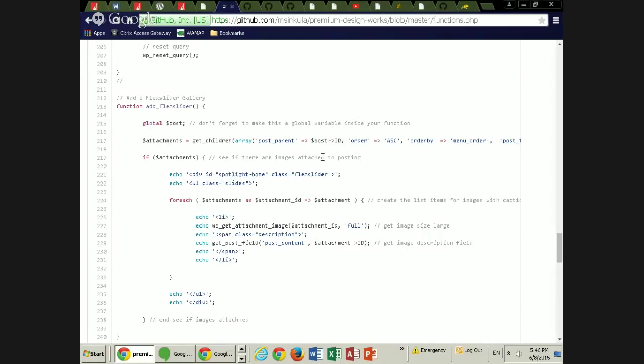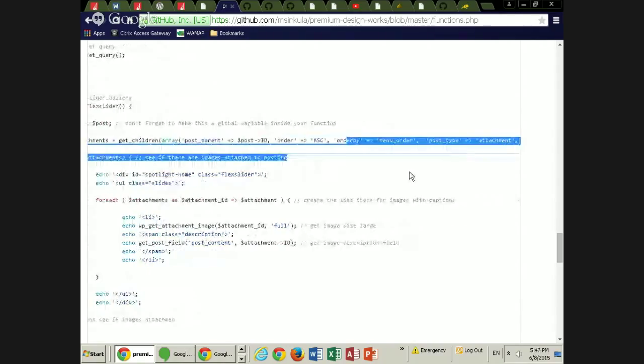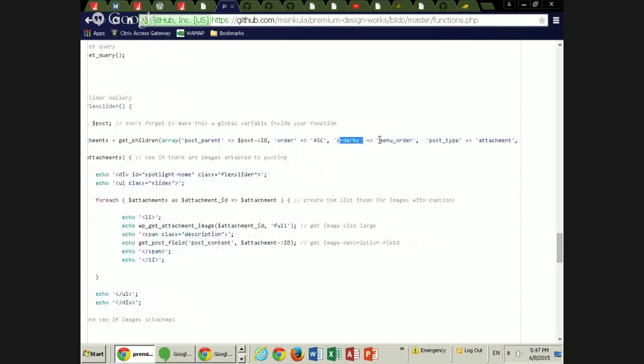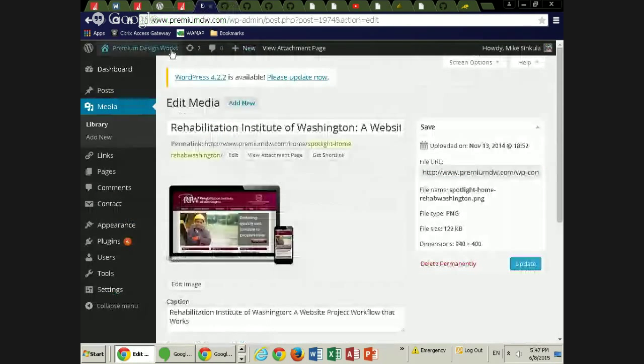In other words, if I'm on the home page, grab the children for the home page, order them ascending, then reorder them. I know this is kind of funny. Reorder them by however you place them. Meaning, if I was editing the home page,